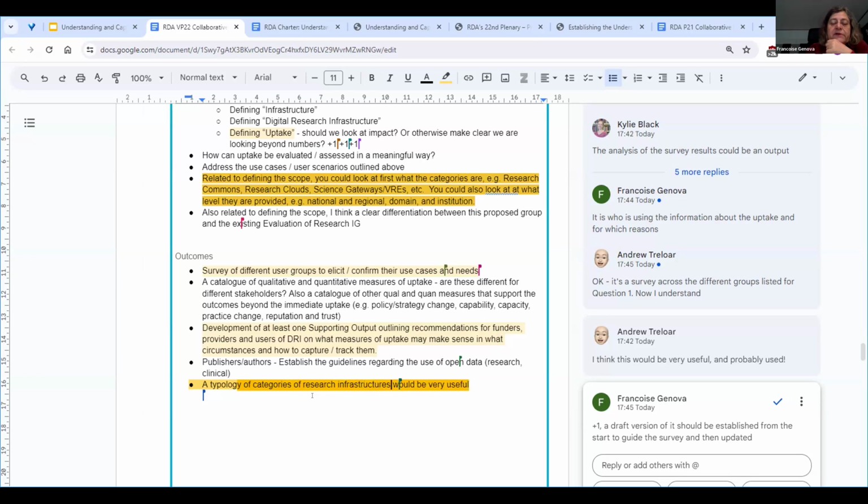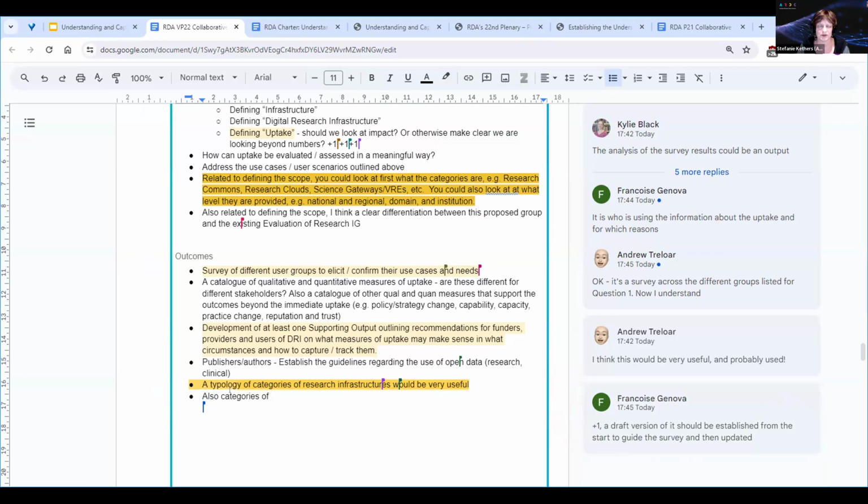But I think we have to think about the possible categories of measures also. But it may come later. I agree with Rory, it's a starting point to have a category of research infrastructures. And we saw in the GORC exercise that there are many different kinds. Well, maybe not many, several.